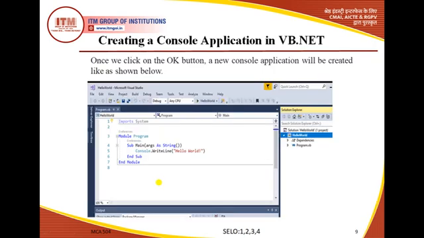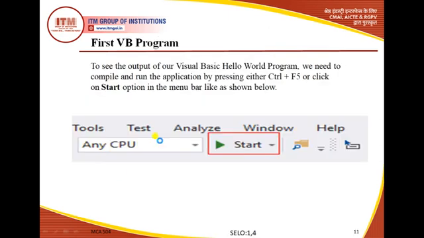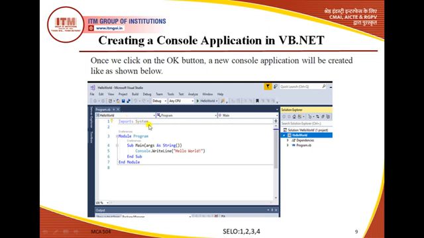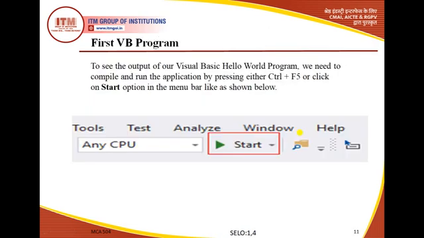Here we also saw how to code it, and the different code components, like Imports System, what is Module, what is Sub Main, End Sub, and End Module, etc. And this is the Solution Explorer, where this Hello World project is shown. Basically we saw the first VB program and how to execute it. We start here and press Ctrl plus F5 for execution, or we can simply run it from this triangle icon also.